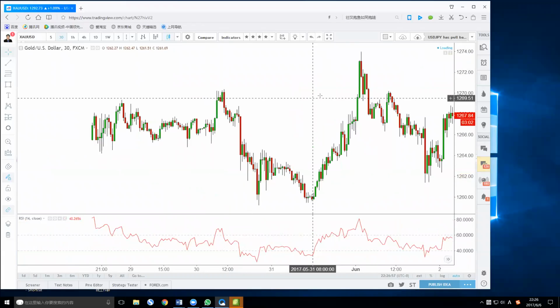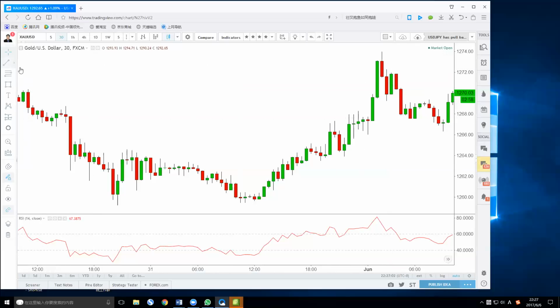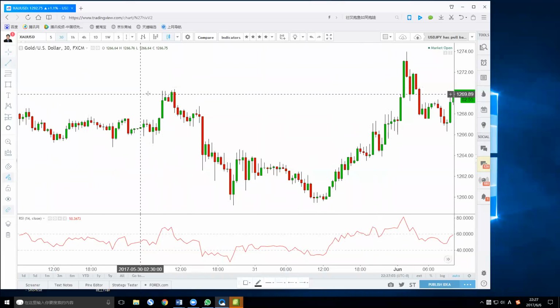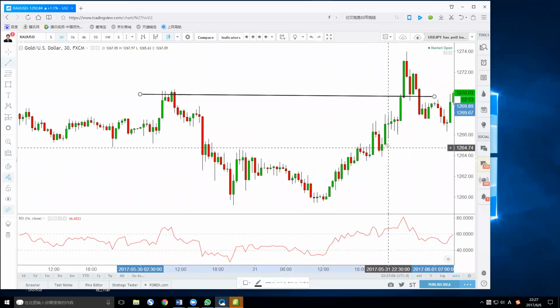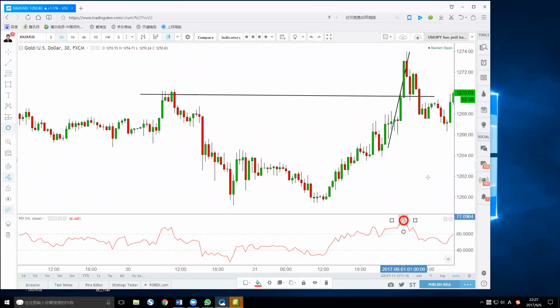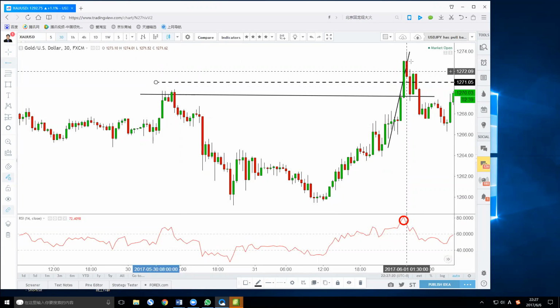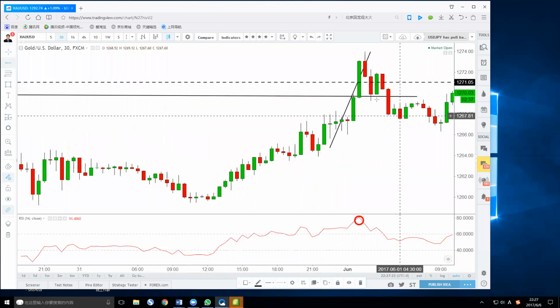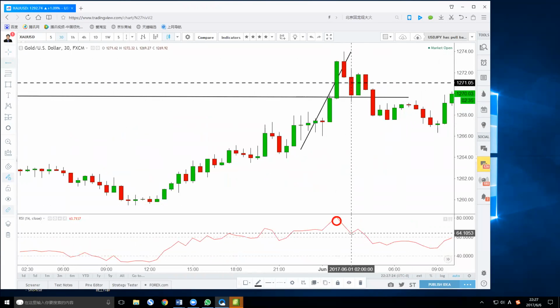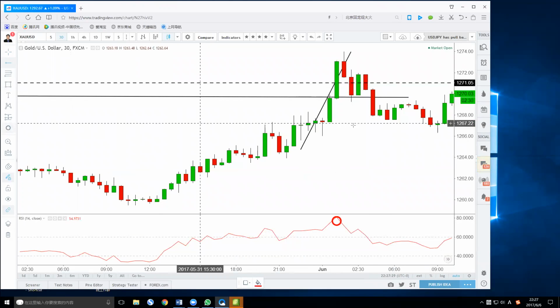Look here, guys. Do you get what I mean? You see, the price is very bullish. It breaks the previous high here, and the RSI goes up. Right, RSI is above 60, above 80, very bullish. So at this point, you don't short. If you short here, you would surely be stopped out, because if you put a stop loss above this pivot, you will stop out, right? Because the RSI is too bullish, and then you wait for the RSI to come down below 60 again, which actually happens in this candle.